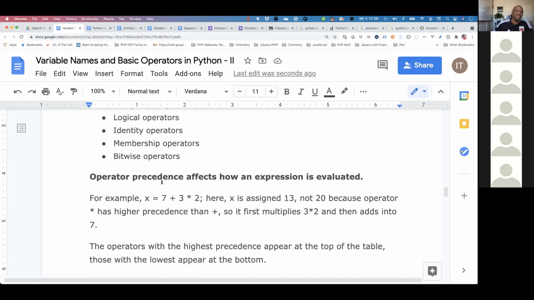Okay, so the operator precedence affects how an expression is evaluated. If you get it wrong and you work at NASA, you know you lose billions. You don't want to put your job on a scale. Am I going to be fired or not? So be sure before you execute that thing, be sure you're doing the right thing. You don't want to get dimensions in Canada and then forget to do the conversion.